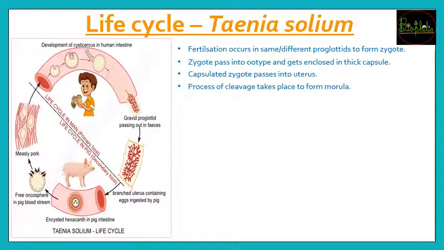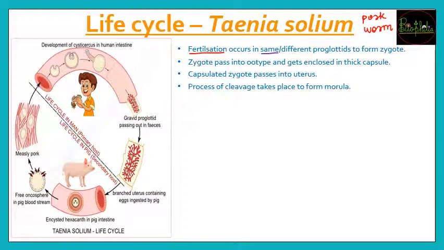So moving ahead with the life cycle of Taenia solium. The life cycle is about the pork worm, that is Taenia solium. Since it is the pork worm, it needs to involve the pig. So how is the pig involved in the life cycle? Let's understand. First of all, there is going to be the starting of the new life cycle with fertilization. So fertilization is going to occur, and that can occur with the same